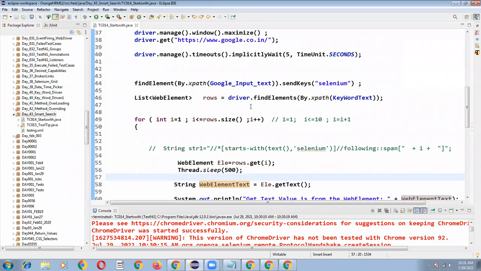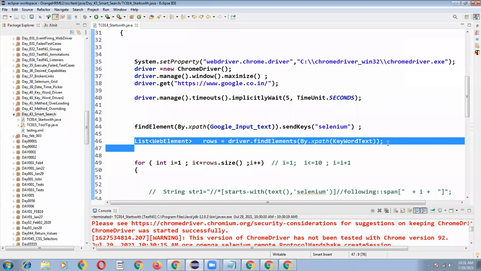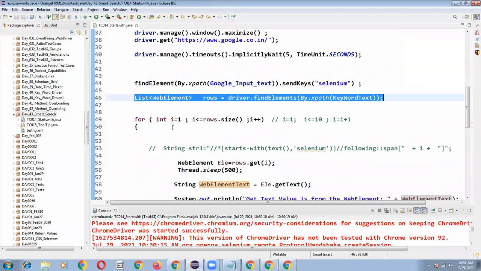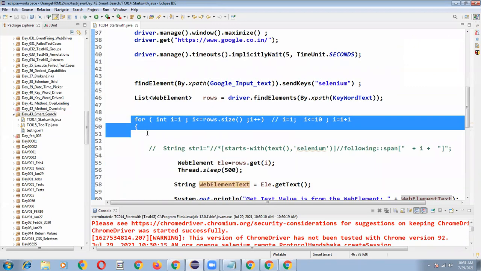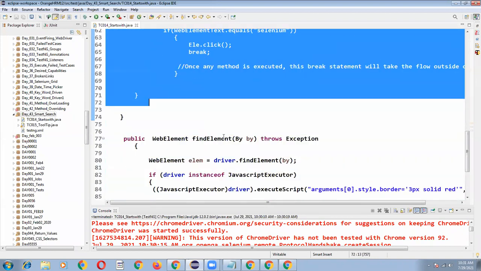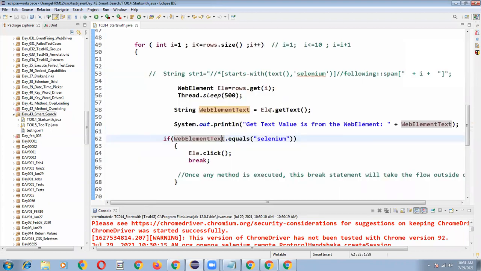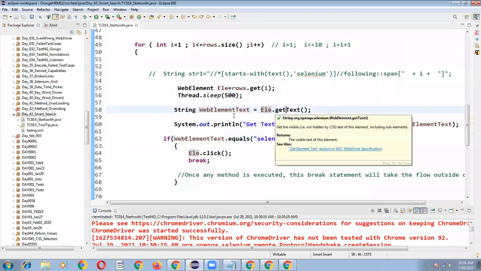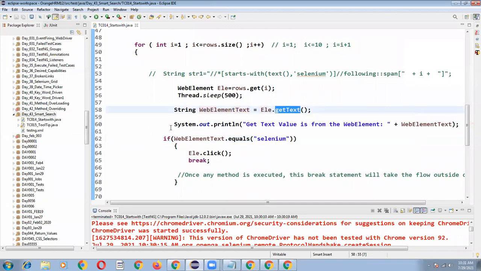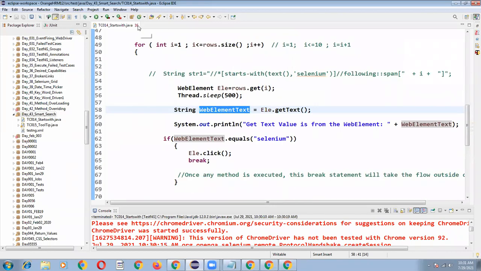If you want to store a group of values with a similar web element XPath, you need to write like this. If you have to iterate over the list of web elements, you write the for loop like this. Wherever the web element text matches, you can write the condition. If you want to get the text of each and every web element, you need to write like this. That's it. Like this, we can handle smart search.